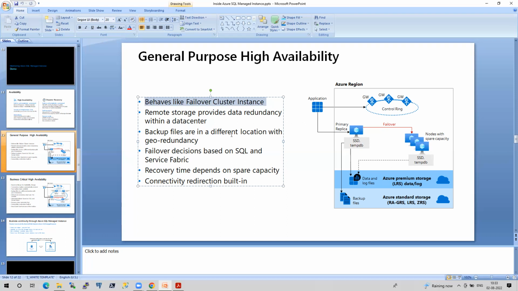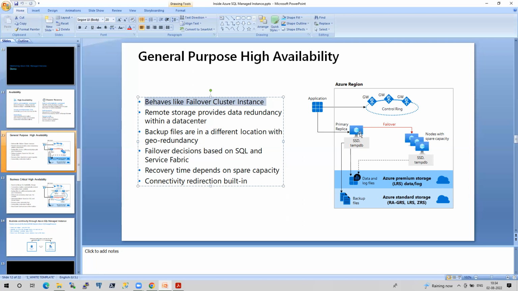So why is it a failover cluster? Because of this definition. Since the files are placed remotely, if for some reason the primary node goes down, the secondary nodes are there, and they will take control and host our services. That's the logic, guys. General purpose is similar to a failover cluster because the data and log files are placed on remote storage, and only one node will have the control. If something goes wrong internally within this VM, or even if you want to perform a failover, you don't need to, but if you want to test it out, you can do this.